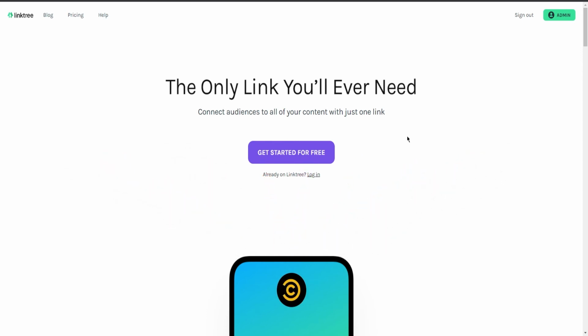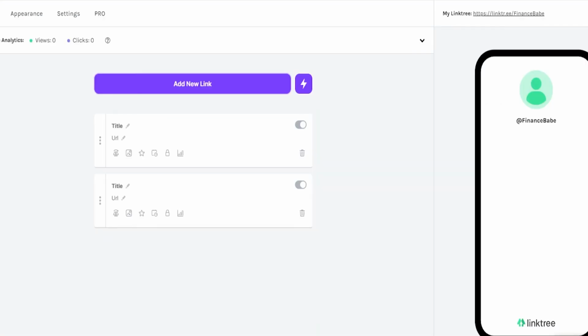What you can do when you create one of these is quite simply come over here and click on Add New Link. Now, you can add a few of these links, and what you want to do is share your Instagram account, your TikTok, and your YouTube account. And if you want, you can also promote an offer that relates to a product. I'm going to show you exactly where you can get that. And all you need to do, guys, is come over here and add the title. Then from there, you want to add one of these different types of products to promote.